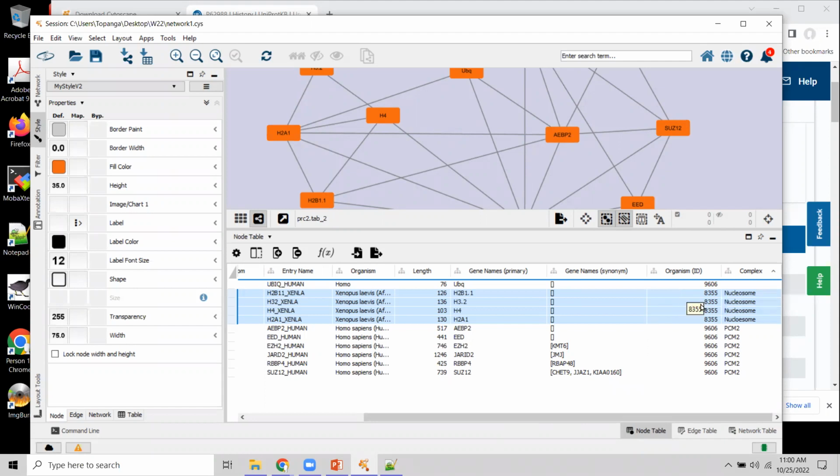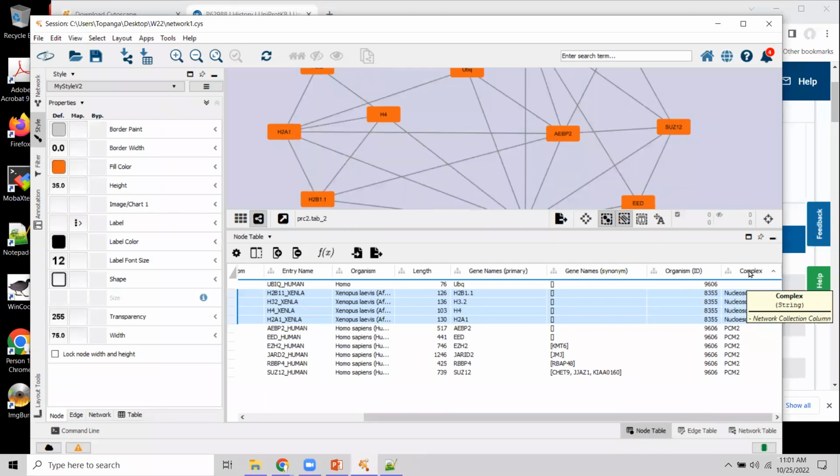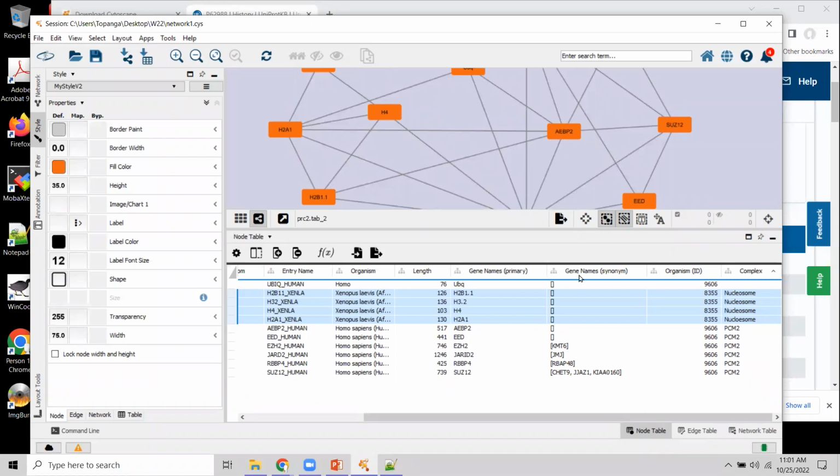So this is a very convenient way of selecting subsets of nodes without clicking forever or trying to do selections on a panel here. It's enough to have a column that you can sort in such a way that things are grouped the way you need them to be grouped. Okay. So this is one reason to have this column with the classes of nodes there, and the other reason is that we can use it for